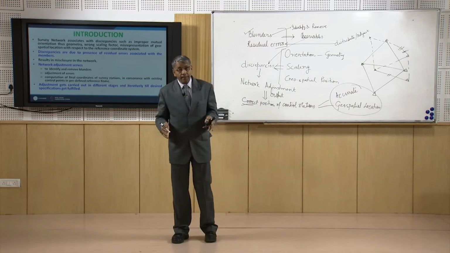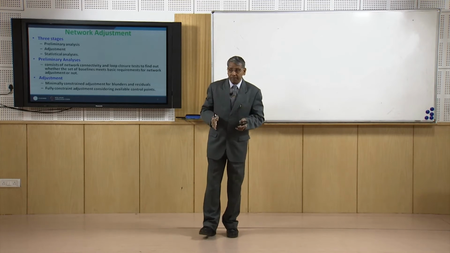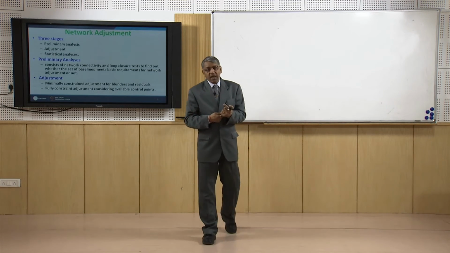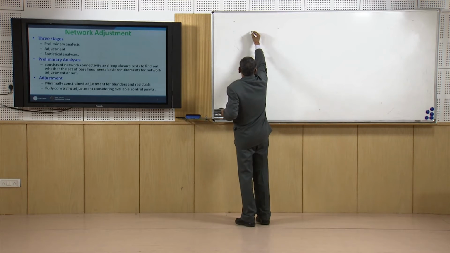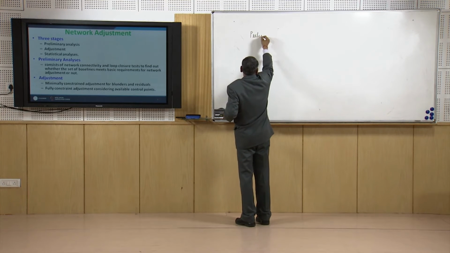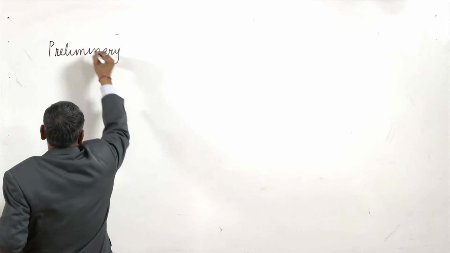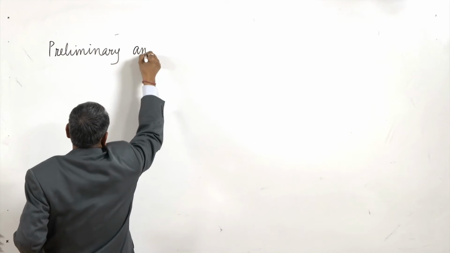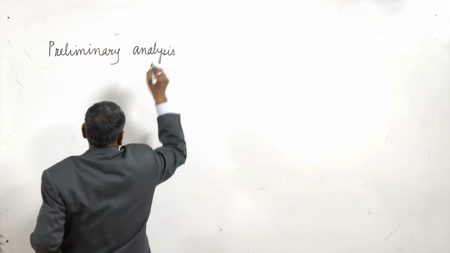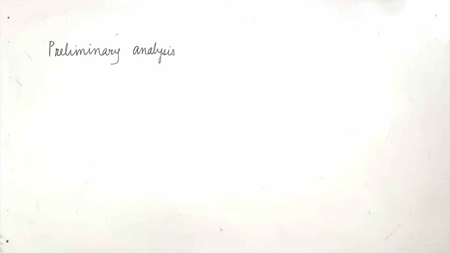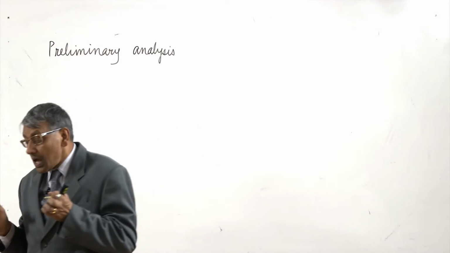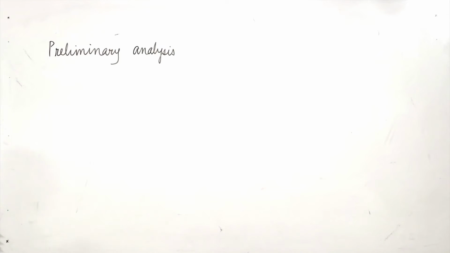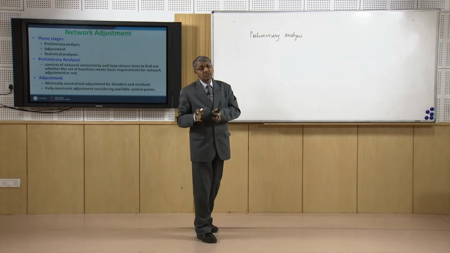That means we have to find out the very accurate location of the control stations as per their geospatial location and relative location, and this is achieved through 3 stages of analysis. The first is preliminary analysis. During preliminary analysis we find whether the baselines of the GPS data or observables available are worthy for network analysis or not.